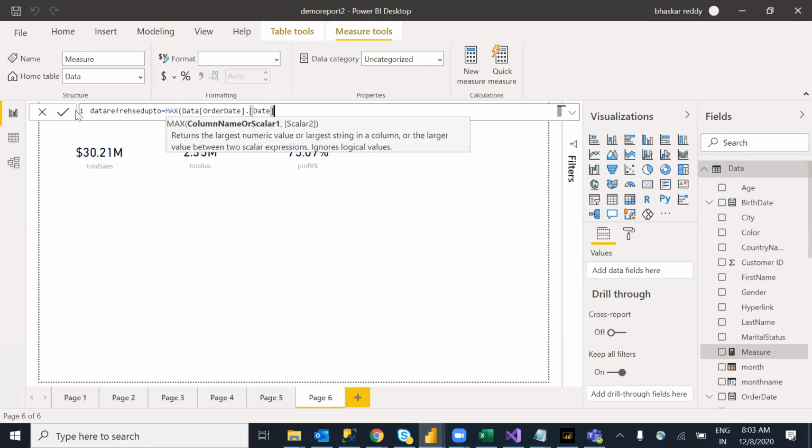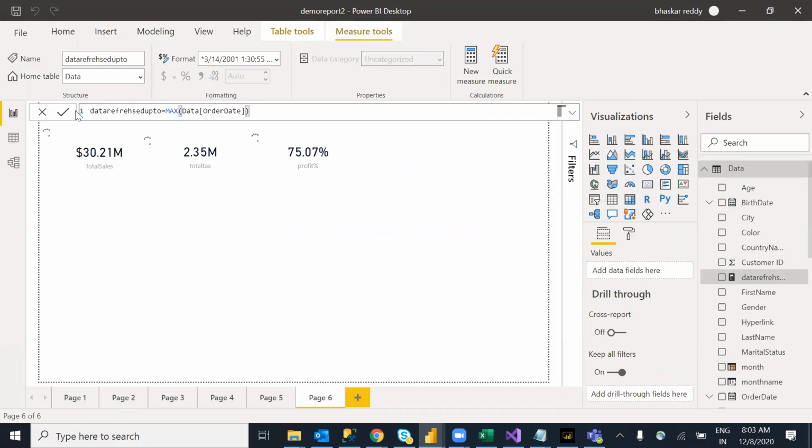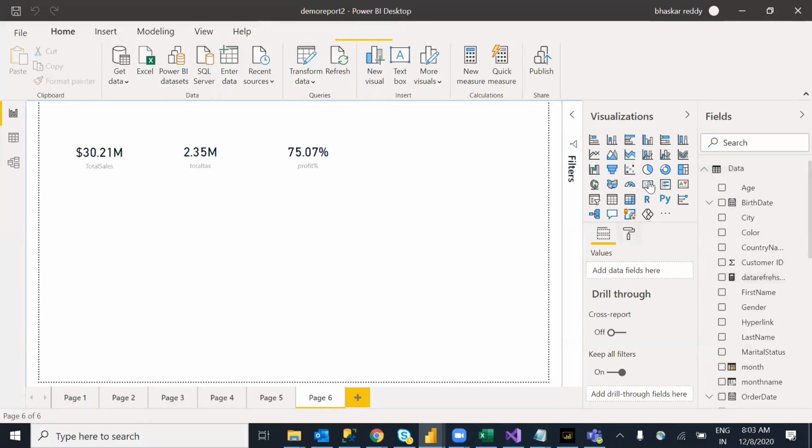From this I want to display when the recent transaction happened, or up to which date your report is showing. For example, if you display your data on a daily or weekly basis, when they open the report, they want to know up to which date the sales is displaying.